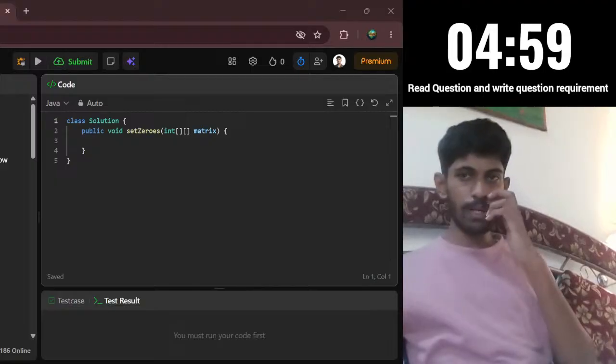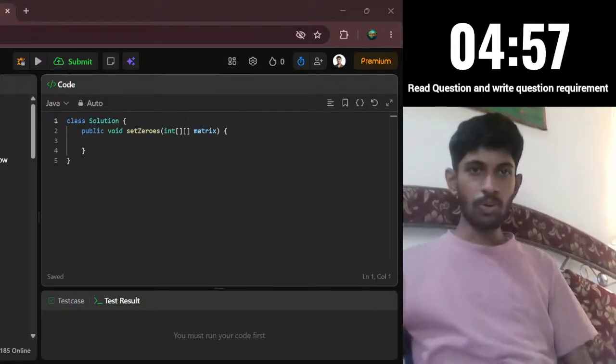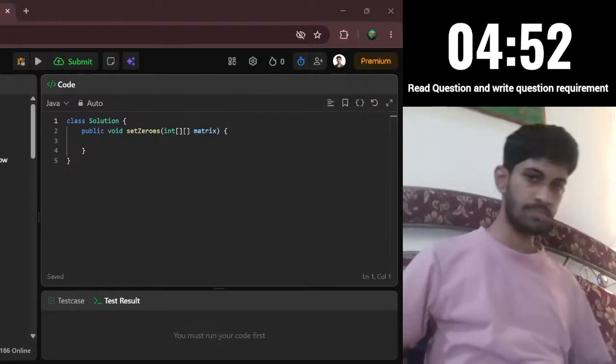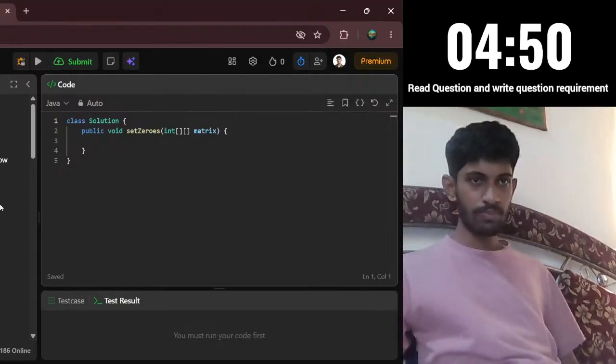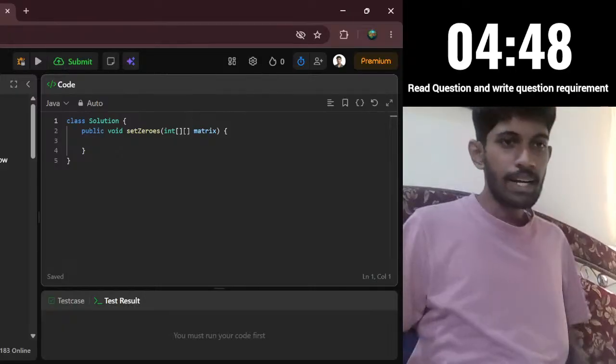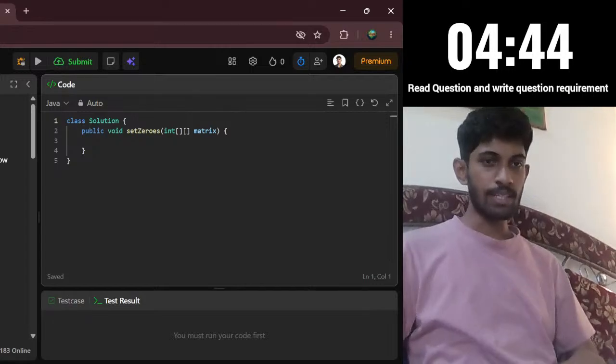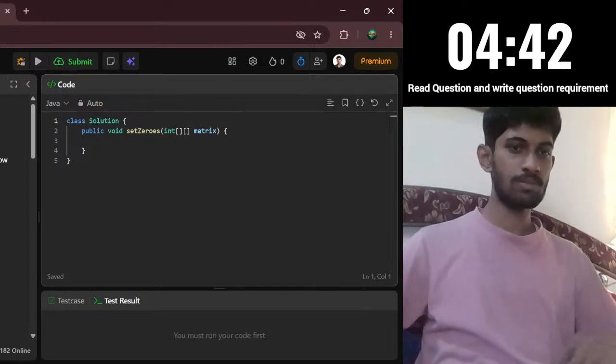Okay, let's start the timer. So now let's read the question. Given an M cross N integer matrix, if an element is 0,